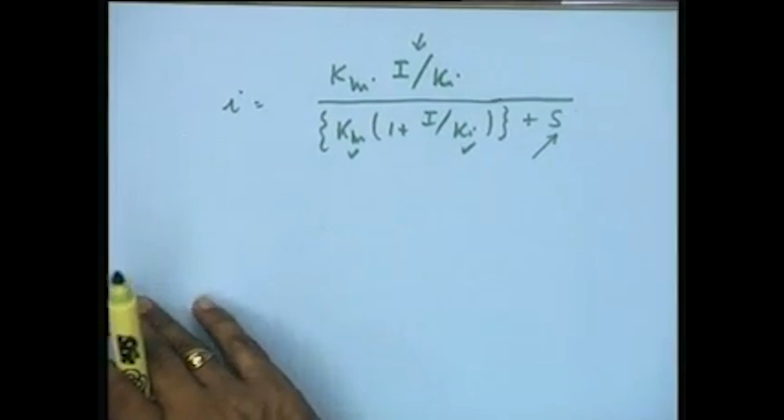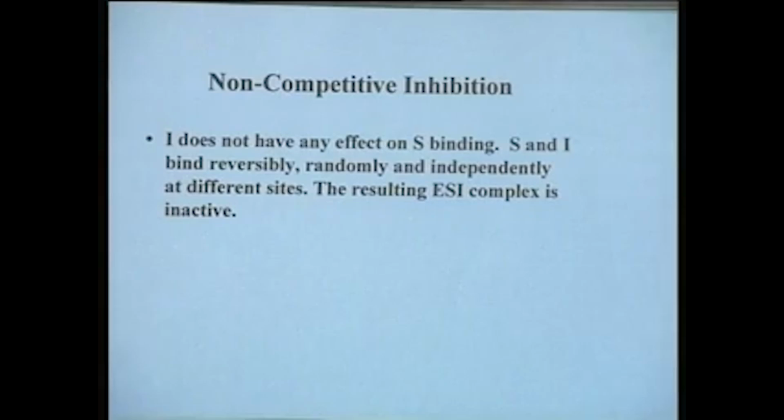This is what we had discussed yesterday, and now we come to the next major class of reversible inhibitor, which is the non-competitive inhibitor. Now, the classical feature of a non-competitive inhibitor, in terms of binding with the enzyme or the enzyme substrate complex, is that the inhibitor does not influence in any way the substrate binding. Essentially, substrate as well as the inhibitor bind reversibly, randomly and independently at different sites. That means the binding site on the enzyme molecule for substrate is different than the binding site on the enzyme for the inhibitor molecule, and therefore